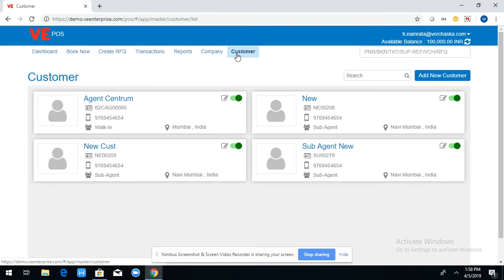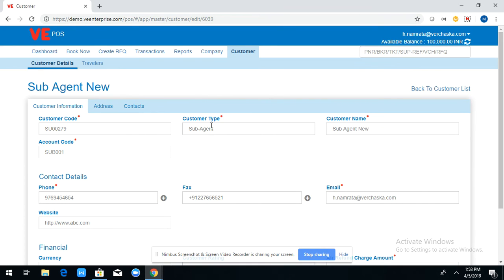Going back to the sub-agent being created, this is the sub-agent which we just created. I'll copy the company code and the email ID. The email ID will be the username which I would need to log in as the sub-agent.